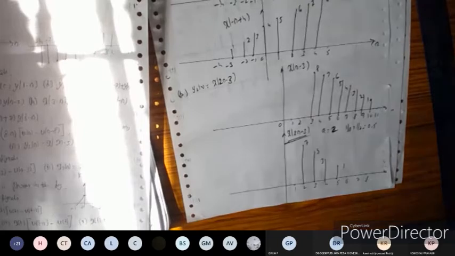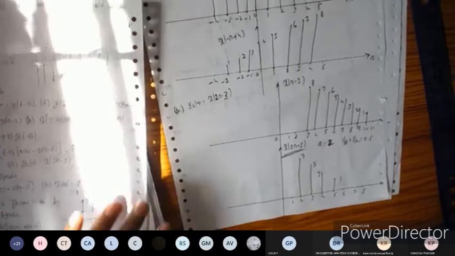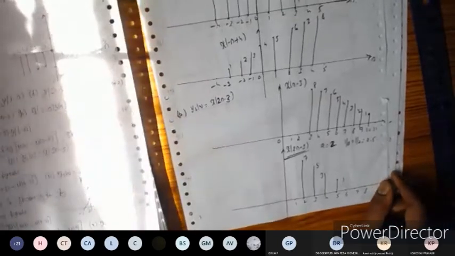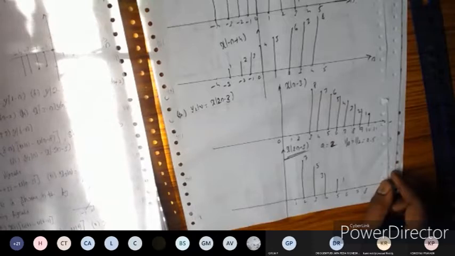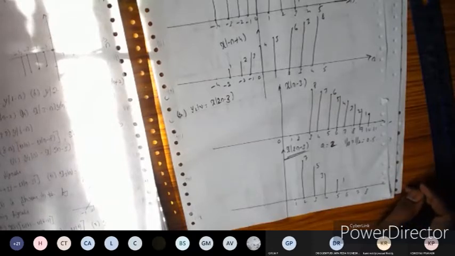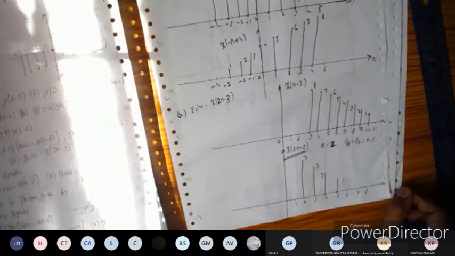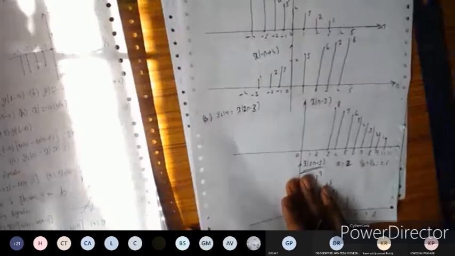Done, right? I think there are no doubts in this one. So like this, we need to convert any of the waveforms given into the respective signals here. I'll stop these operations on the signals here, and I'll go for the next kind of operations on the signals.